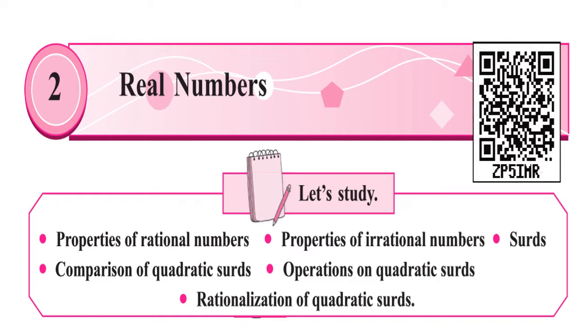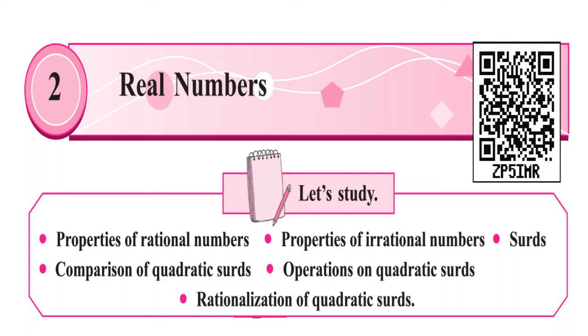In the previous lecture we saw the properties of rational numbers, like addition of rational numbers is orderless. There we saw the commutative property and the associative property. Commutative means for two numbers the addition is orderless, also the multiplication is orderless. And the associative property is for three numbers. That means if we add in any order, the addition is the same. Similarly for multiplication. Then we studied the additive identity and multiplicative identity.